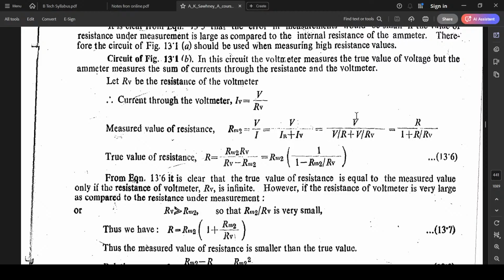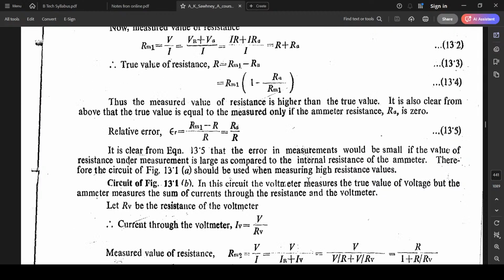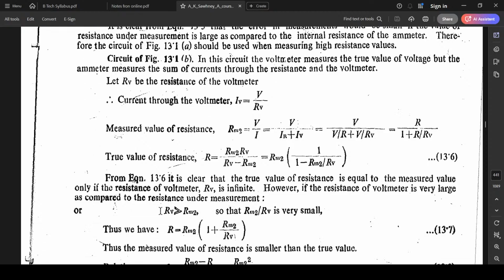Okay. Got it. See, this becomes V, 1 upon R plus 1 upon RV, and it is multiplied by R numerator and denominator, so it becomes R by R1, and this becomes R by RV and R. Okay, got it. True value is the current IR, considering the current IR. So true value is V by I, and this is okay. It's talking about R only. So R2, R,